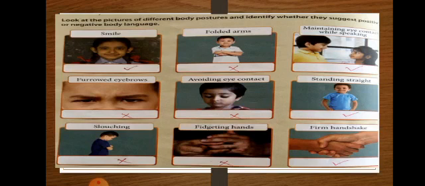Now the second chapter is about non-verbal communication. Non-verbal means besides words we use facial expressions, body postures, gestures, eye movement, touch, and use of space to communicate our feelings and intentions. So these are all non-verbal signals, a form of our body language. There are some body postures given, some are positive, some are negative, you have to identify.